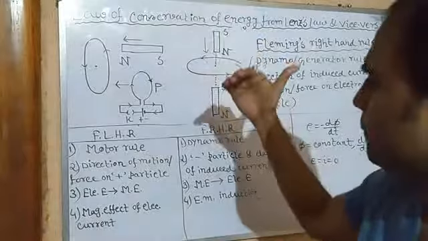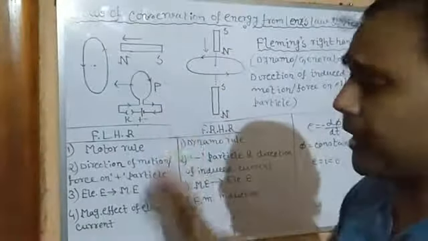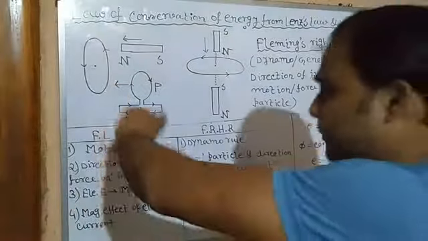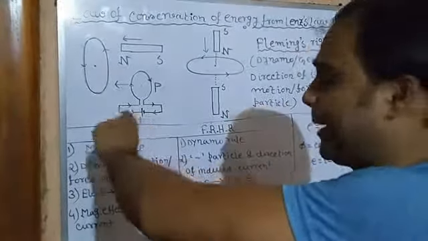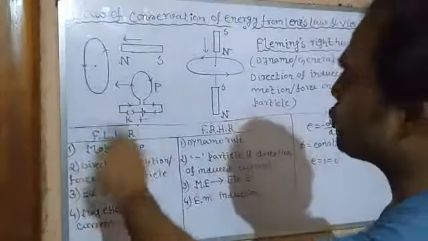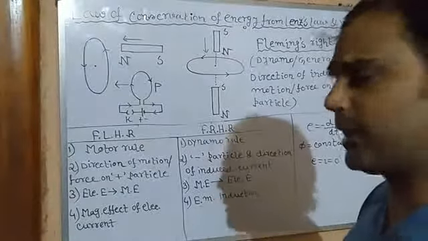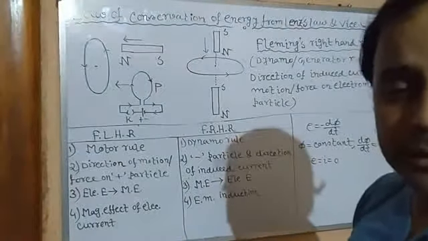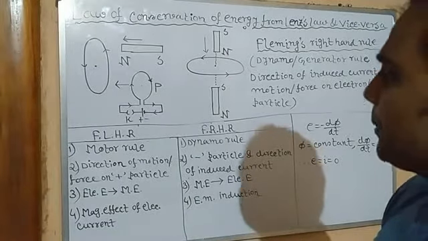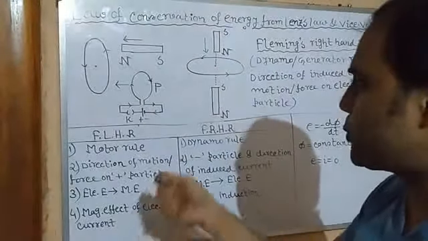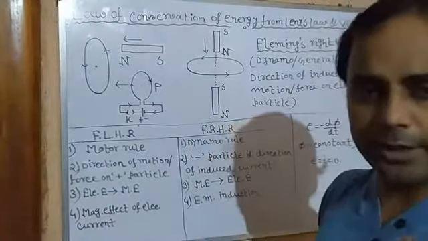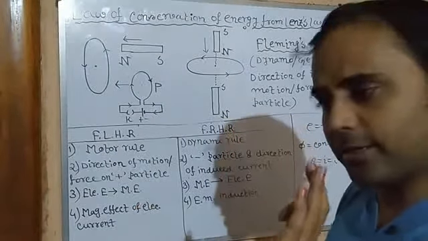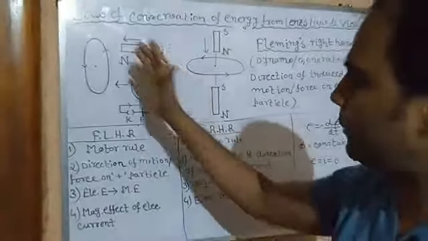But unlike the magnet, in the case of the primary coil, instead of changing its position, if we tap the key, it means close the key, if we start the current by closing the key, and by opening the key, if we switch off the current, in both cases induced current is obtained in the secondary coil. Closing the key, that is switching on current, is exactly similar to bringing the primary coil closer to the secondary coil, and opening the key, that is switching off the current, is exactly similar to moving the primary coil away from the secondary coil.